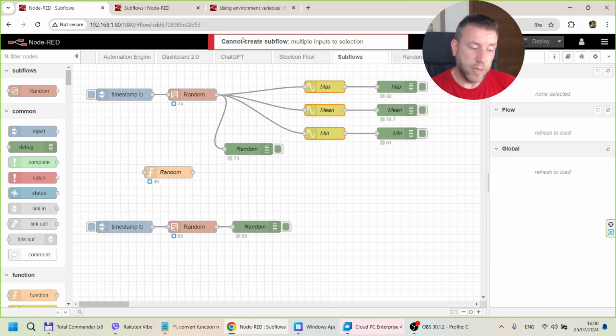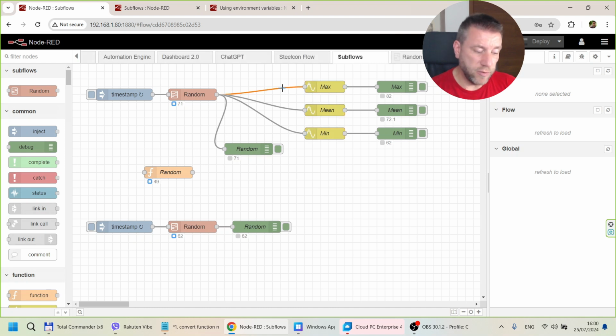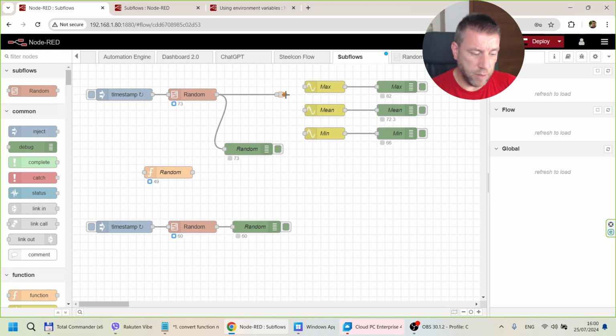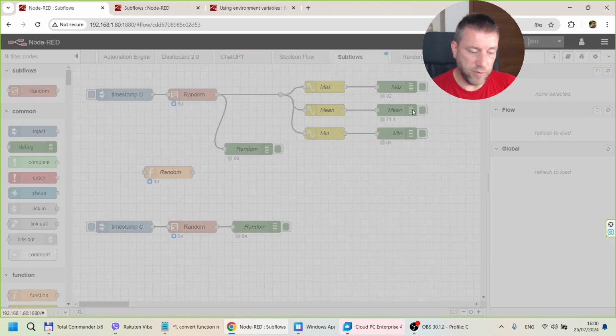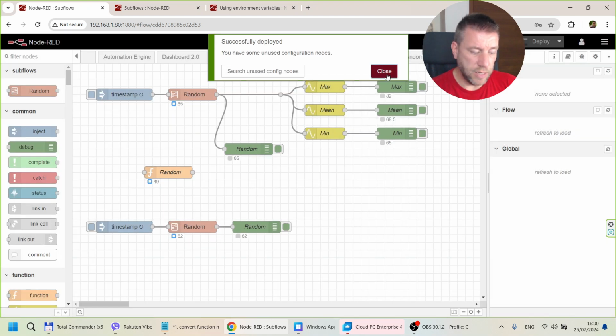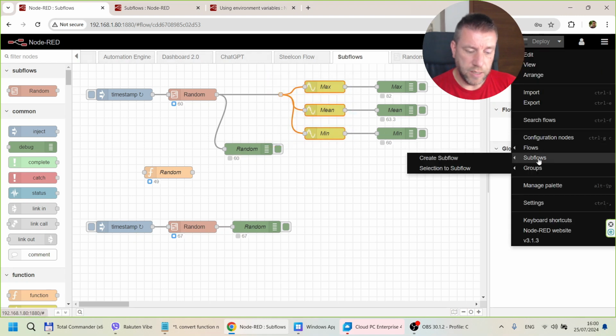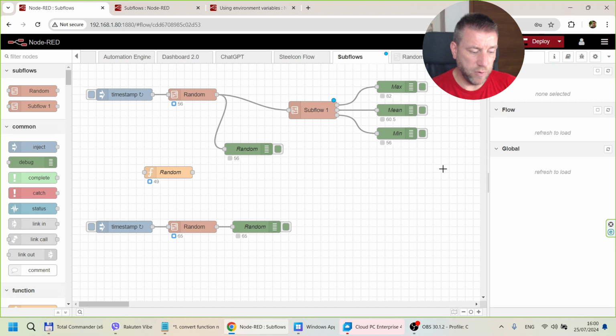And I get an error because I cannot create a subflow with multiple inputs. This is the restriction I mentioned. But I think I can do a trick here, because I can create a junction and use this junction. Essentially it has one input, but then it just splits 3 ways. So if I do this, and now select the junction as well, and choose selection to subflow, now it's done. So now we have a new subflow,